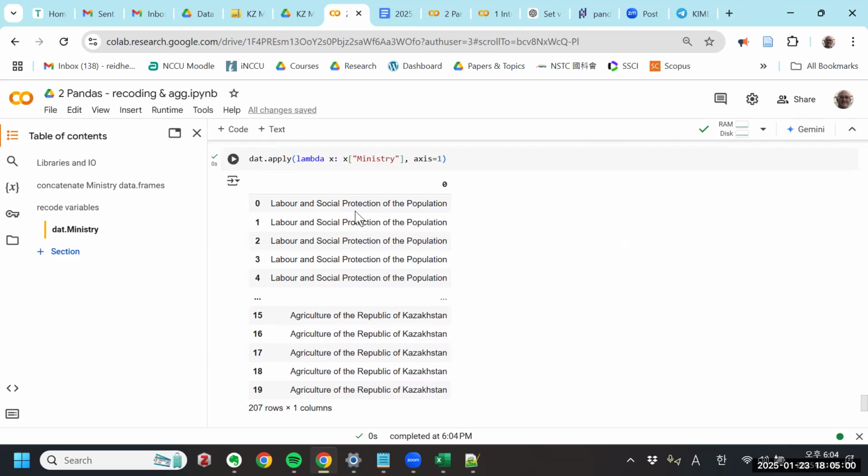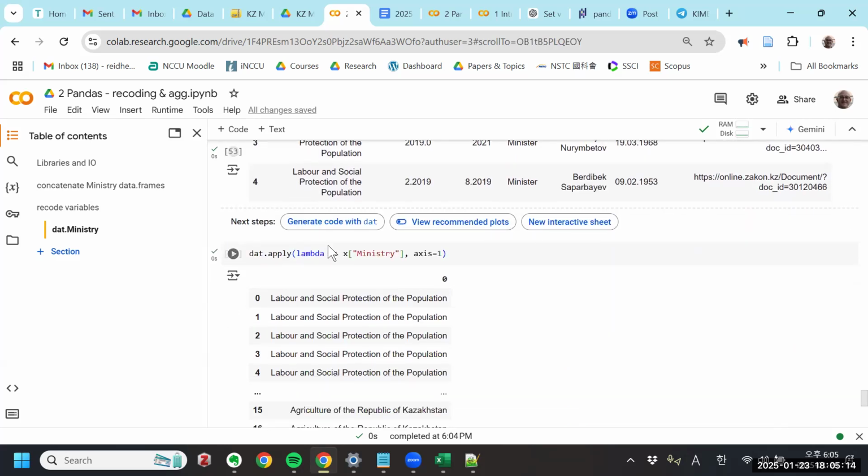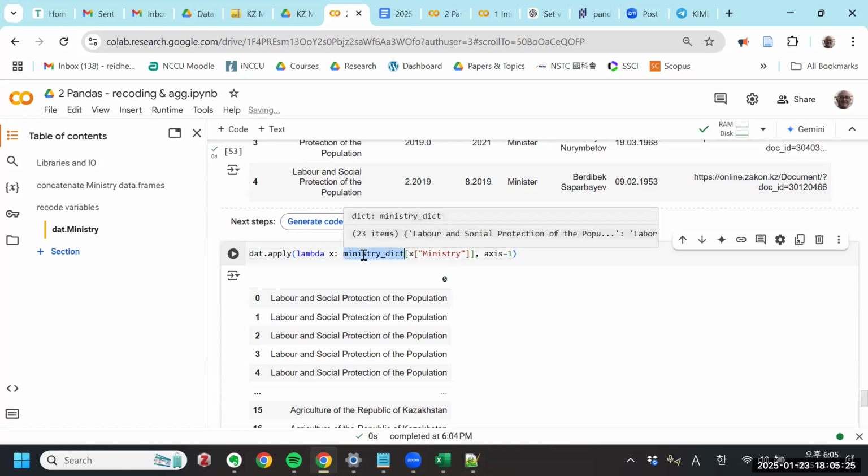But what do I want to do with this ministry value? I want to replace it with the value in the dictionary, right? So I'm going to take the dictionary, ministry dictionary, and put that in here, like this. So what I'm saying is for each row, take the value of the ministry in the ministry column and enter that into the ministry dictionary as the key, right? And then pop out the value. So if I run this,